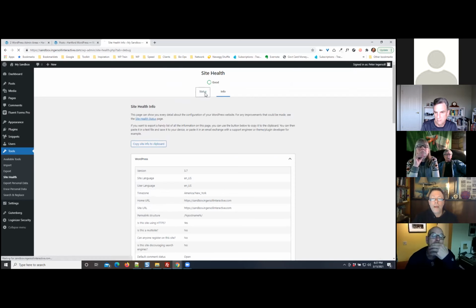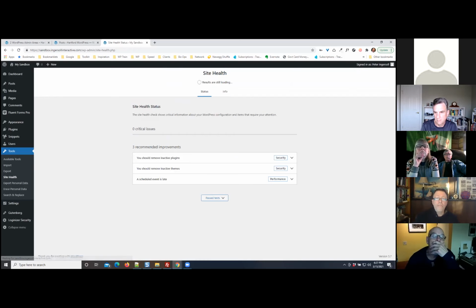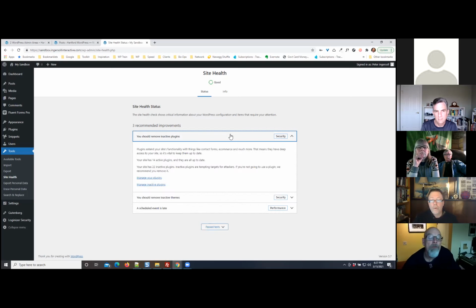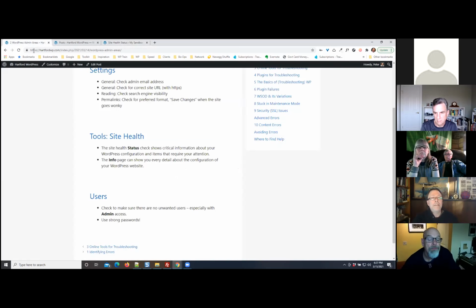If you go to the status section, this is a place where, again, if there are some critical issues, you're going to see those notes here. Then you get the recommended improvements, like, hey, your site has 22 inactive plugins. This is a sandbox website, and it's saying, hey, not a good idea. So using these tools